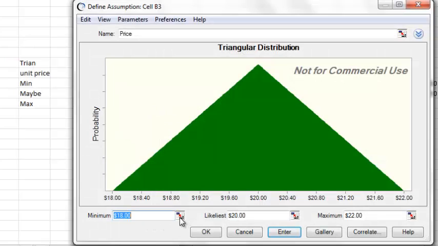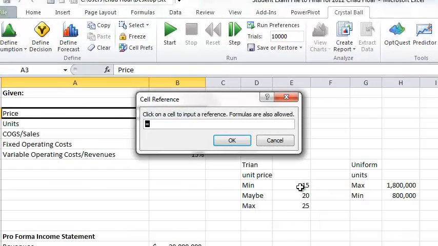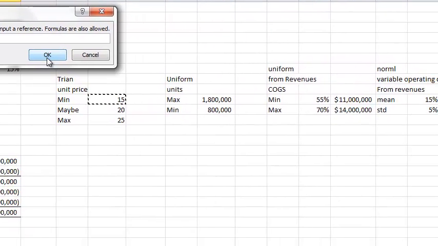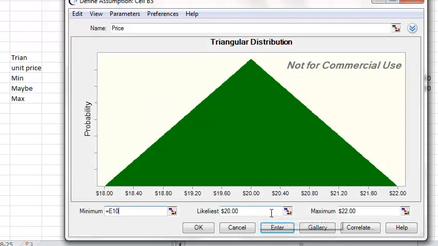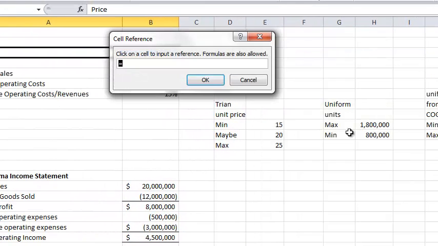So when I do minimum, I click on this box right here, and it actually lets me choose a cell, so that way it is linked, and if I ever have to change again, I don't have to go through Crystal Ball to do it. I can do it right here. So this is the minimum. I click on the minimum cell, click OK, and then the likeliest, I click on the same box,